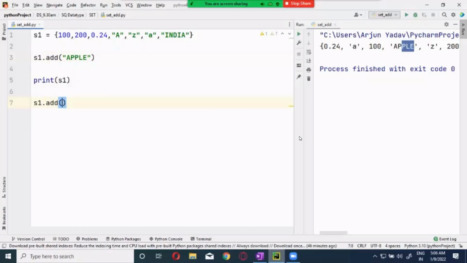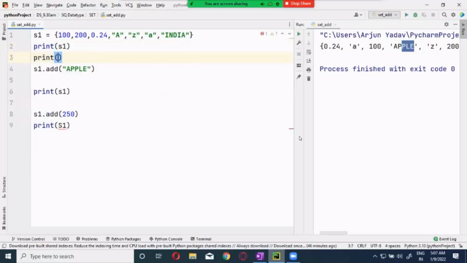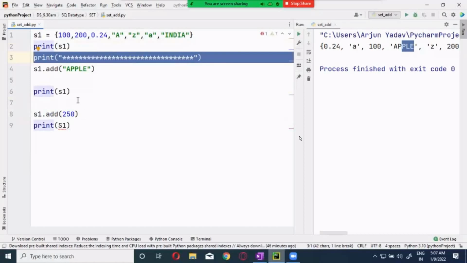Now if you see this, I can enter like 250, and I will print S1 again. First I will print S1 over here, that is the actual set before, and after that I will use a separator, and again I will do the separator.